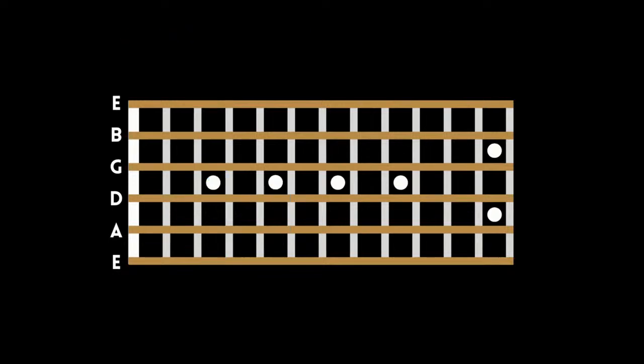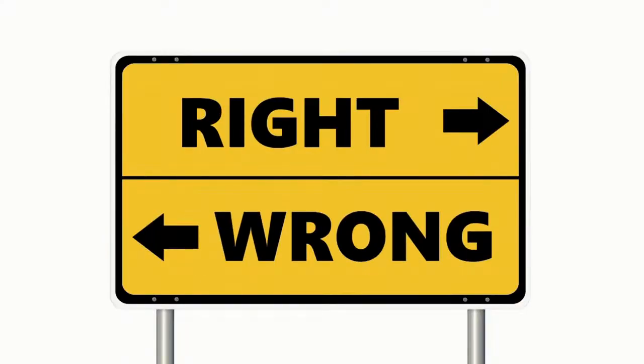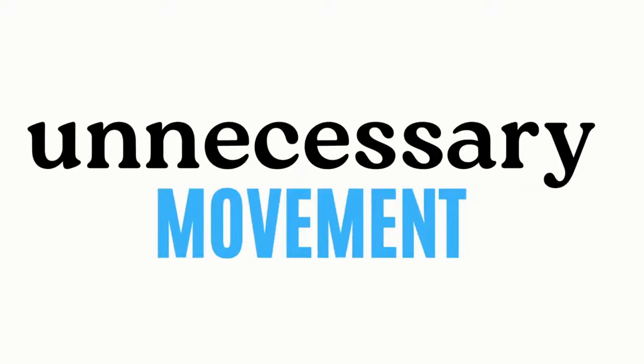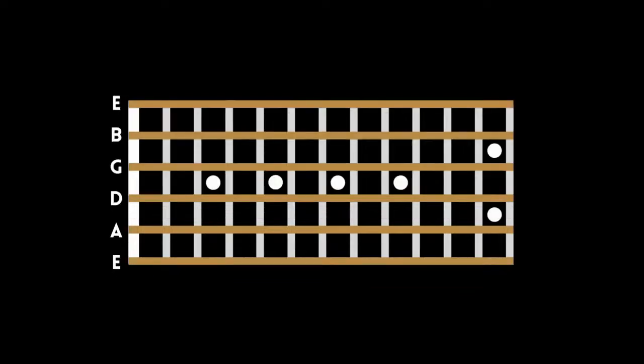Now you may have noticed in the previous example that I had to move around the neck a bit too much. This was mainly due to the fact that I was restricting myself to only playing arpeggios starting from an E string root position. While there's nothing inherently wrong with this, it can be a bit cumbersome and unnecessary, so it's important to at least know your arpeggios from an A string root position also. To do this, simply follow the same steps, either by knowing your major scale starting from an A string root position and selecting the correct intervals,